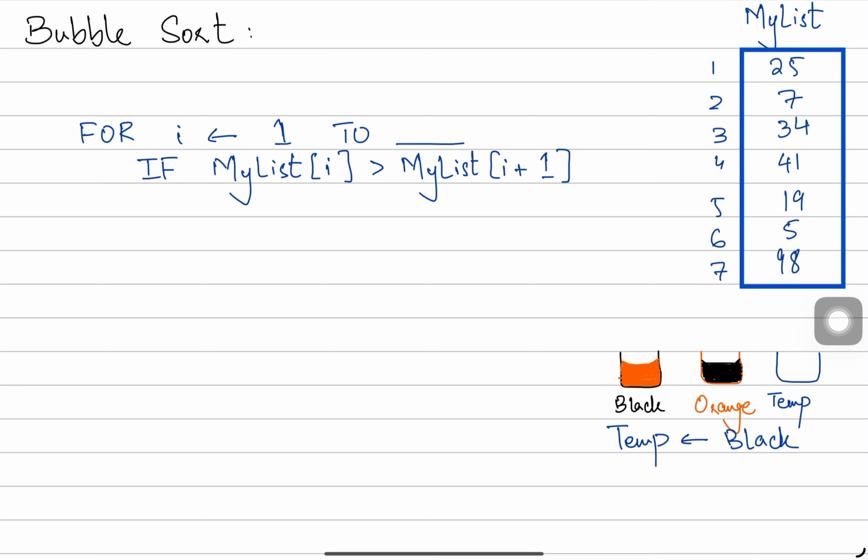Now the next step should be, since the black is empty now, I'm going to pour Coca-Cola in the black glass. Now the orange one is empty. So now in the orange glass, I'm going to place Fanta, which was in the temporary glass. So this is how you swap the values. So in this case, what you're going to do is that if my list of I is greater than my list of I plus 1, then